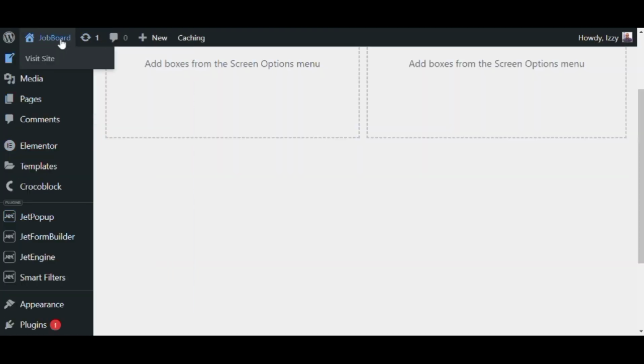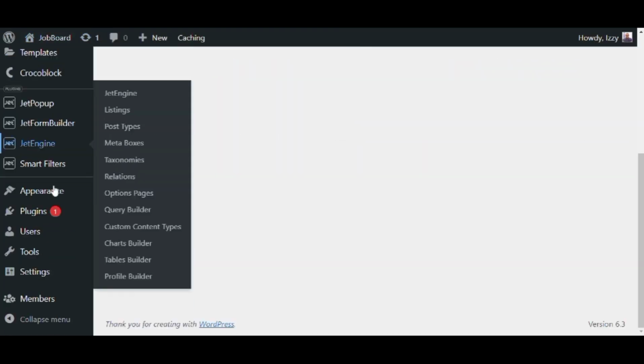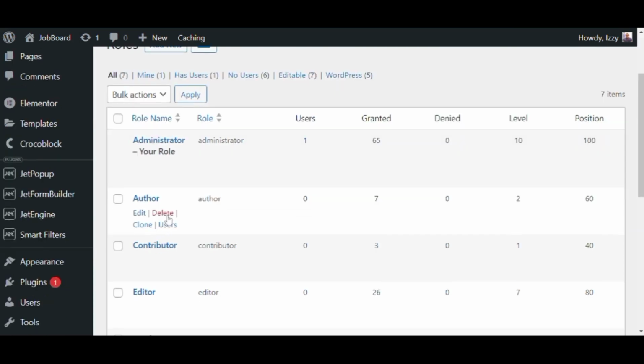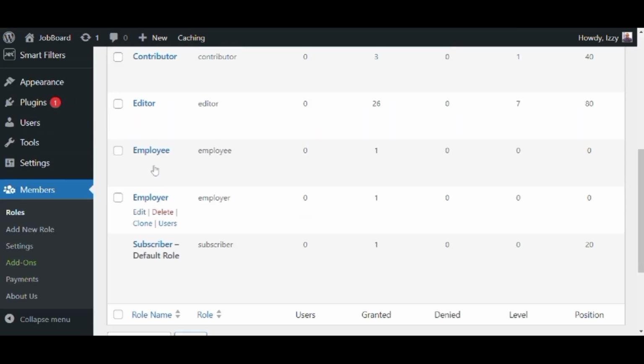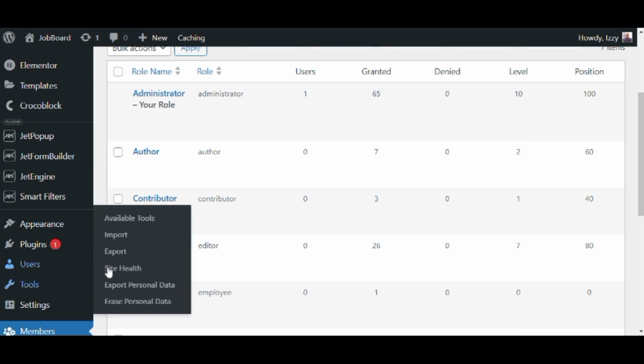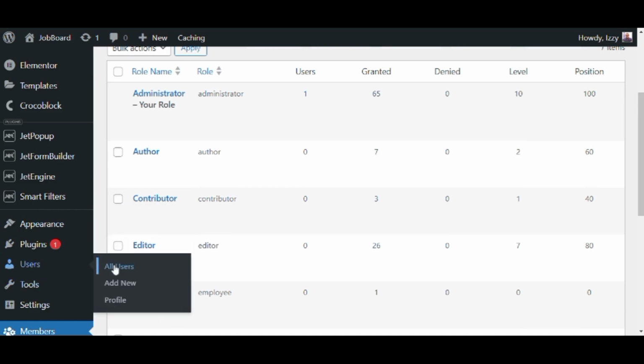So I'm working on a job board website. I had earlier created two user roles named employers and employee using this plugin called members. So let's take a look at the roles that we have here. So you can see I've created the user role employee and employer. If I go to, let's say, users, and I click on all users,